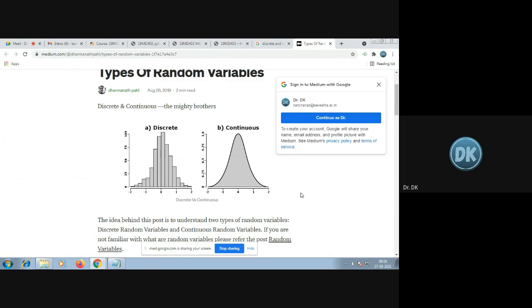But if you are going to measure my temperature continuously, then you'll be getting a graph like this. Then it is a continuous variable. So this is temperature and this is with respect to time. Or let me make it a simple one, like I said about rainfall, right? So if this is the time duration and this is the rainfall, you are going to plot it from January to December.